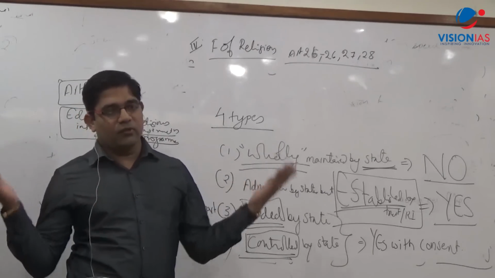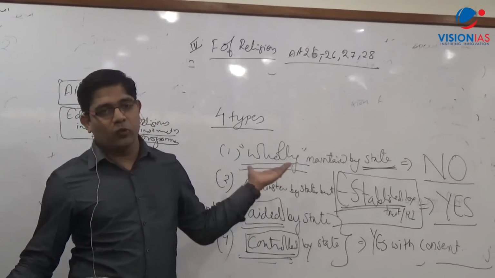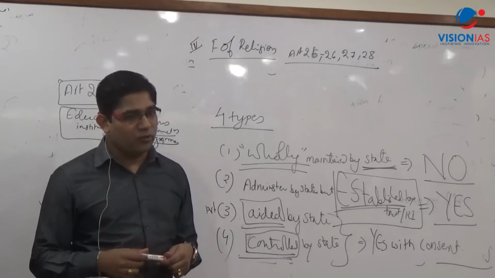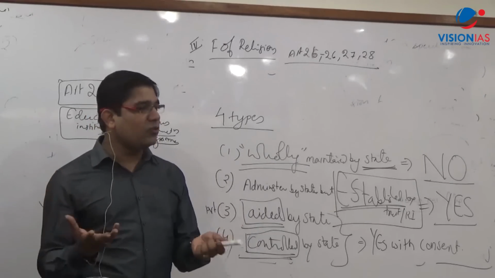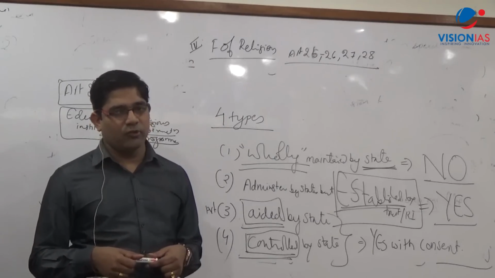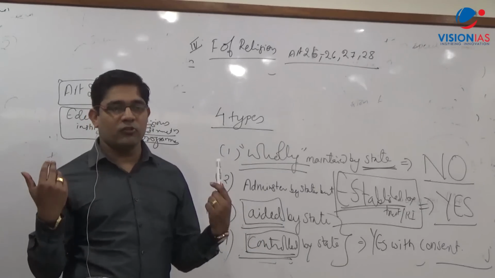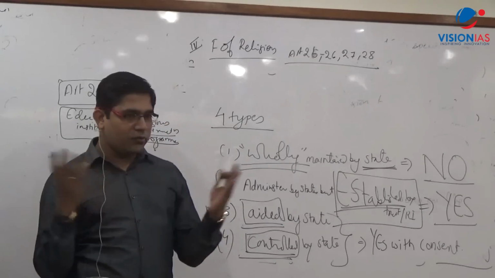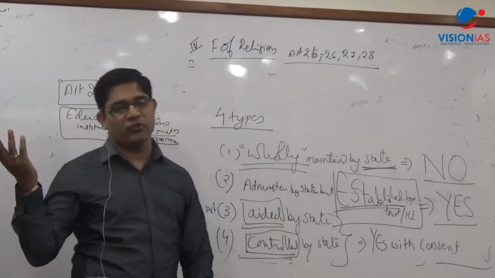See, let us assume this coaching institute is completely wholly maintained by State. So I cannot give you religious instruction because I am the State, and if the State is giving a particular religious instruction, it will hamper the secular credentials. So if it is completely State, there is no possibility that religious instruction can be given in the educational institute. Now second, let us understand this institution is established by a trust. A trust, some religious trust, Ramakrishna trust,